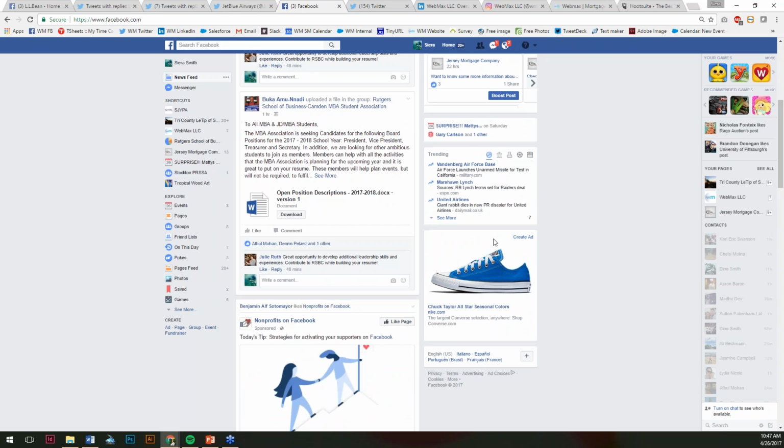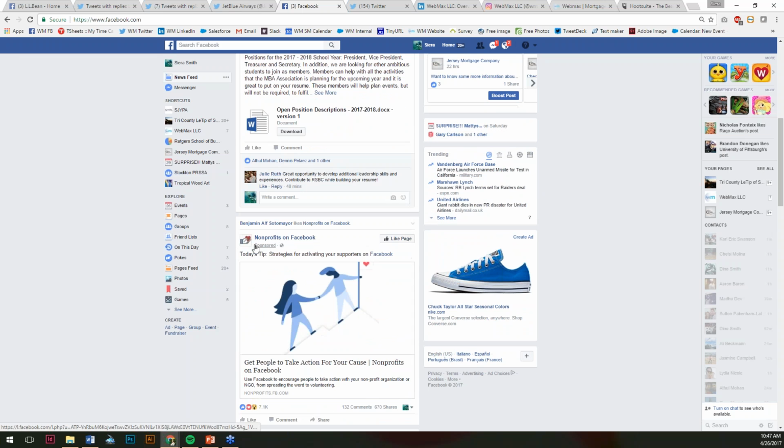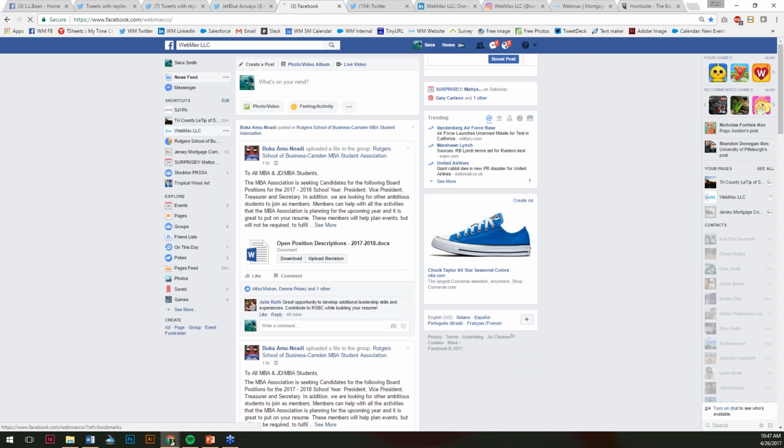Okay, so these are what the ads look like right here. So they would show up in your feed like this. You see how it says sponsored. I'm just going to go over this and then I'll show you an ad for realtors. So sponsored, and that's more boosting your post. This is more creating an ad. So the ads would show up in their side feeds, and then the boosted post would show up here.